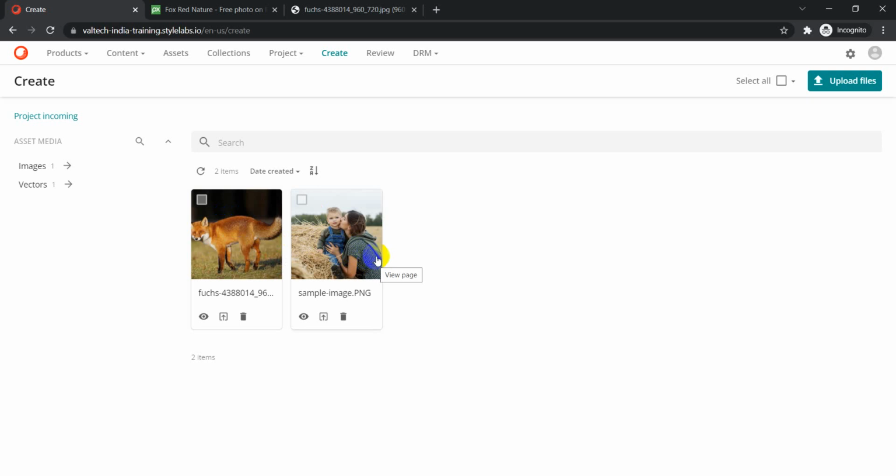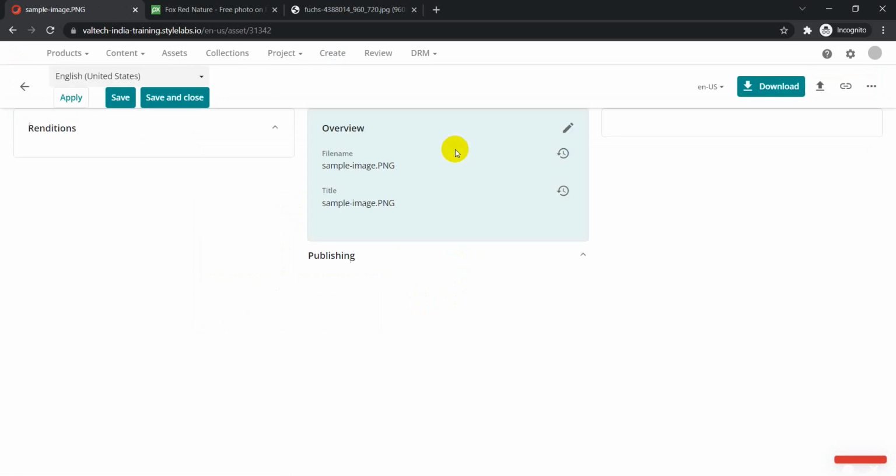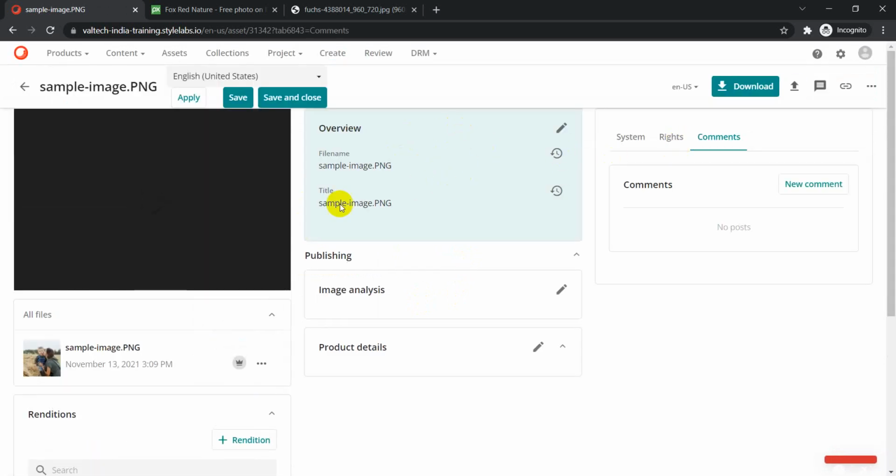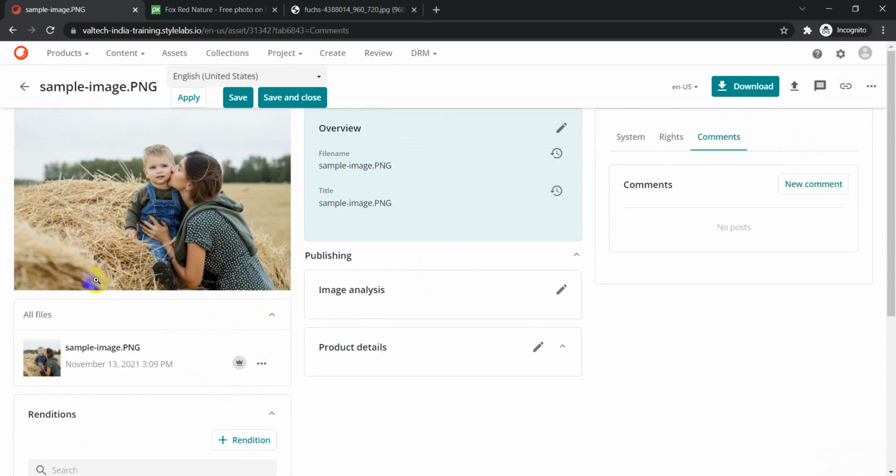We can create an image in the system, and then from here we can go to a specific asset detail page, check the metadata, and whatever we want to do there, we can check everything in here, right? What different types of renditions we have, what we have on the overview section, what we have on the image analysis, what we have on the system. So everything is available from here, and there are several things which we can do beyond this point.